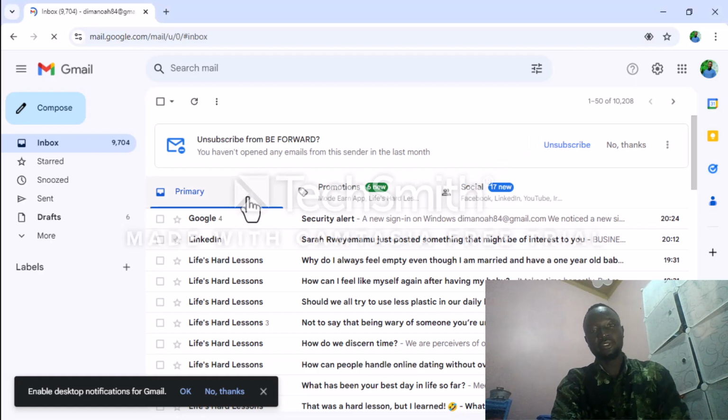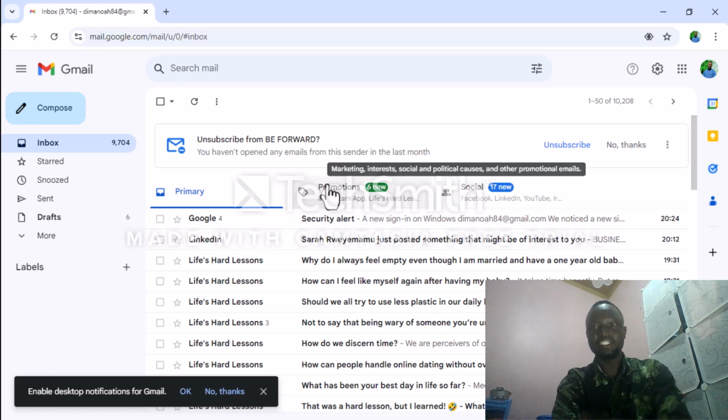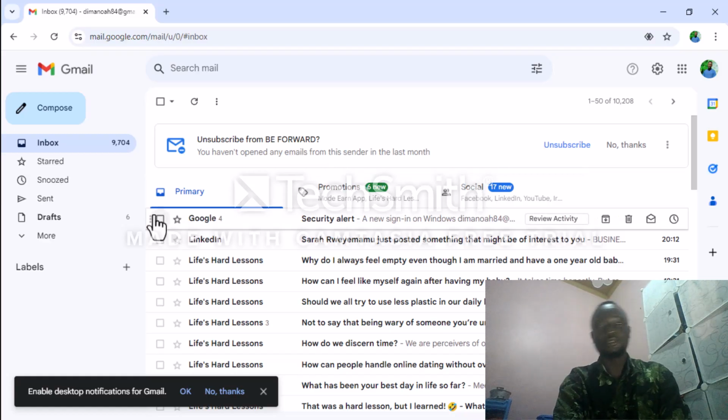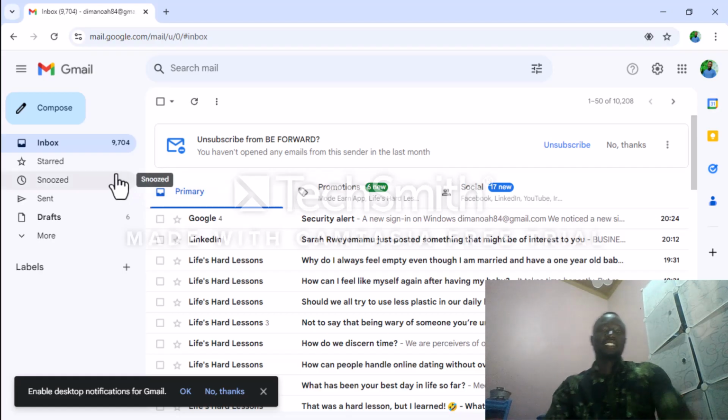This is my inbox. See, there's a primary inbox. It's for the general primary things. Then the promotional one. This is where you get the subscriptions. The socials, mainly from social media. Then when you come to this side,